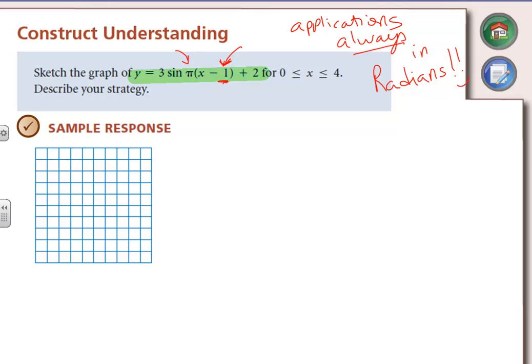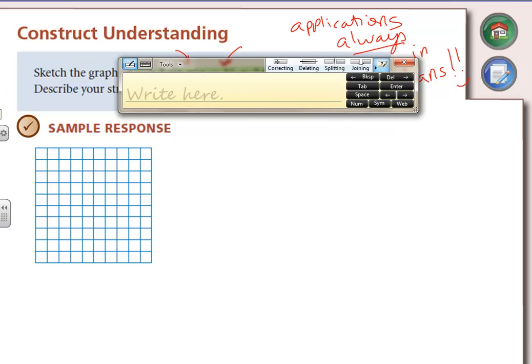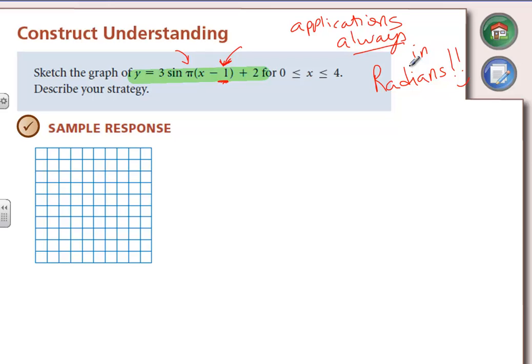All right, let's sketch this graph now. Let's start by identifying all of our parameters here. Our A is 3, so that gives us our amplitude. You know what amplitude is? 3. Our B value is pi,